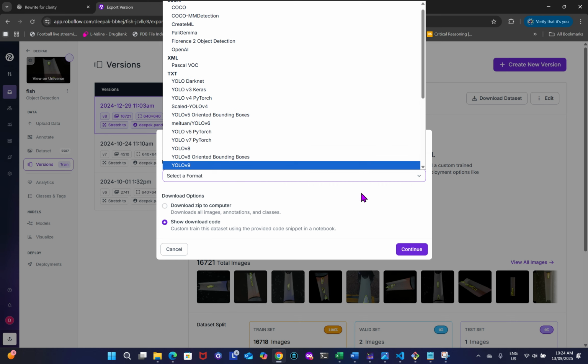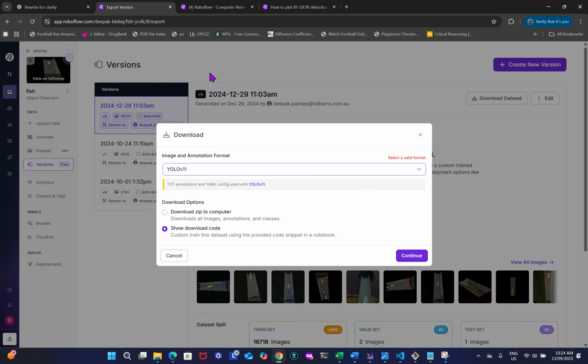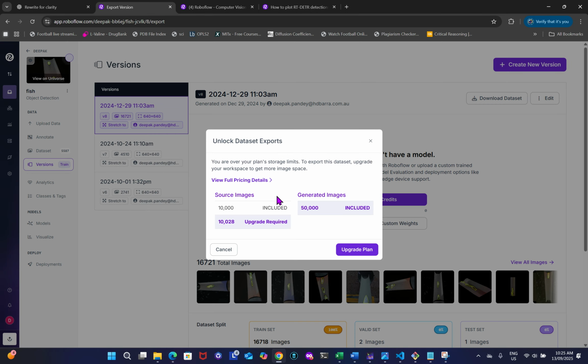It's your choice. You can download it as an HTTP file, or you can customize it. For example, if I go into YOLO 11 here, then it will give you